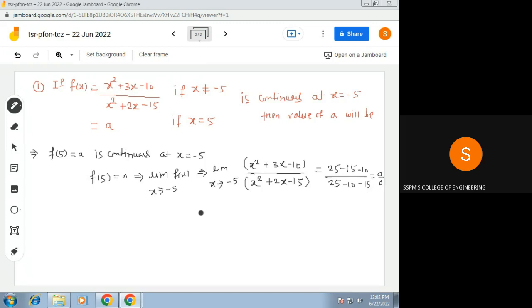And we have studied when limit of function, अगर आप लोगों को 0 by 0 मिलते हैं तब आप क्या यूज करते हैं? L'Hospital rule. तो L'Hospital rule क्या होता है? Taking derivative of numerator as well as denominator separately till finite form. मतलब numerator का derivative आप लोगों को लेना है. So what is derivative of numerator with respect to x? That is 2x plus 3 is there upon